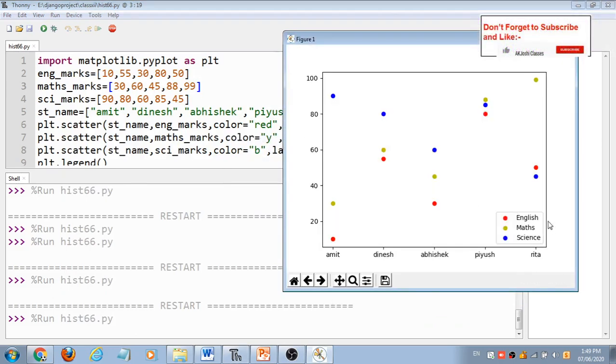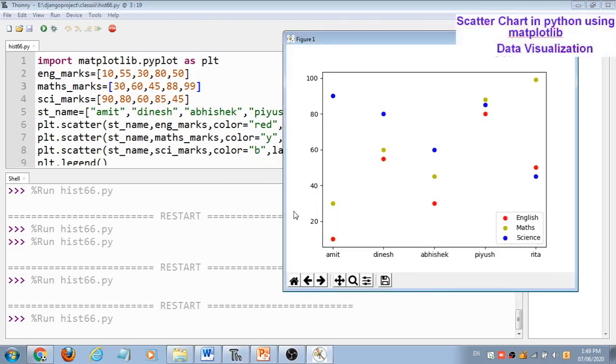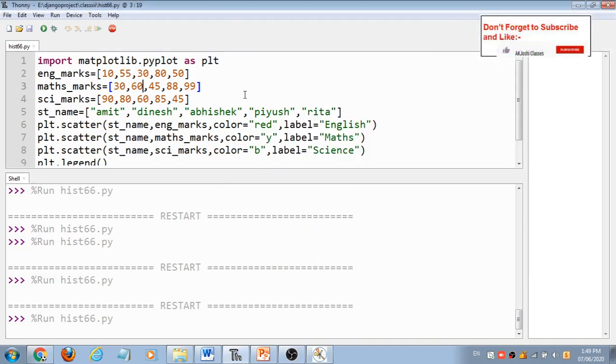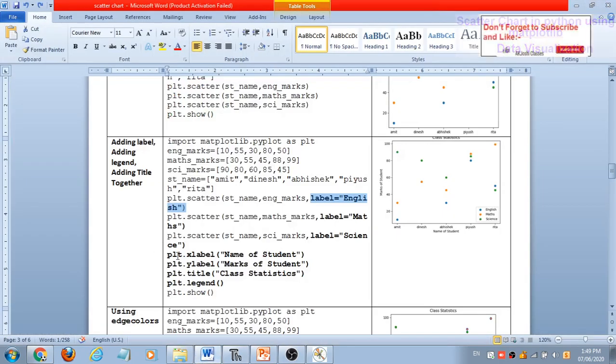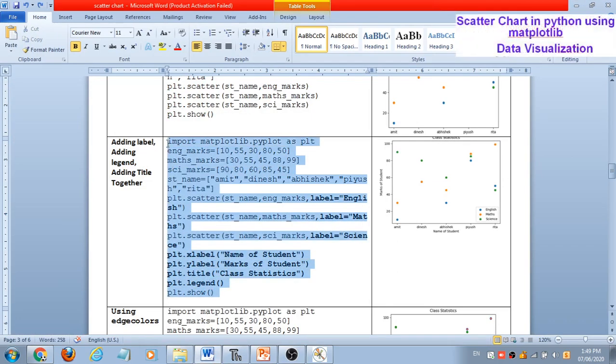So we can decorate this more. We can set the x-axis label, we can set the y-axis label, we can set the title here. So using these arguments, same as line chart and bar chart, we can use xlabel, ylabel, then title. So only these things need to be added.